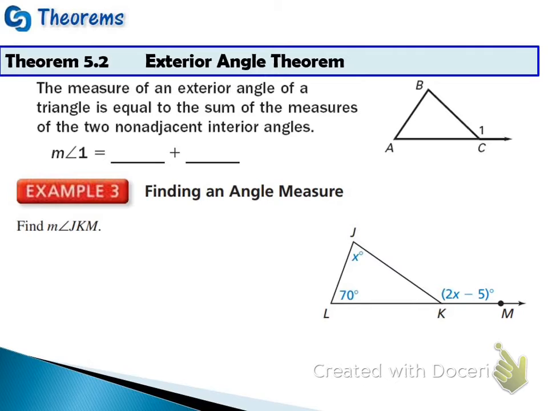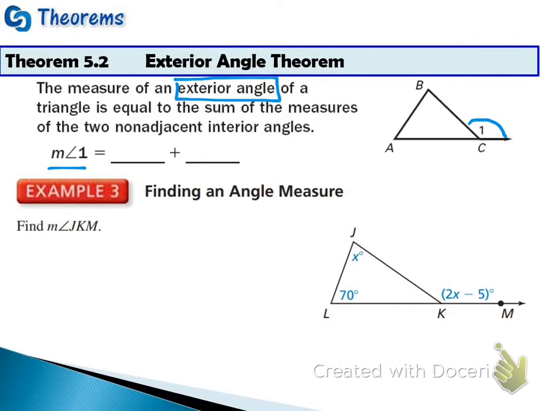All right, so it says the measure of an exterior angle. So with one highlighter, go ahead and highlight the word exterior angle. I'm going to show you what the theorem is and then show you why it is what it is. So in this picture, what angle is the exterior angle? 1. So I would highlight angle 1. You could highlight it over here too if you want. This is one color. The measure of the exterior angle